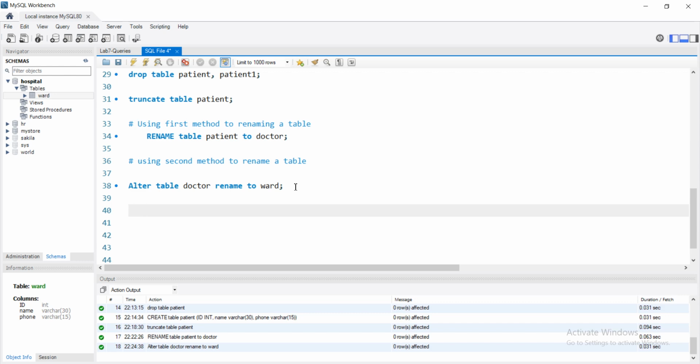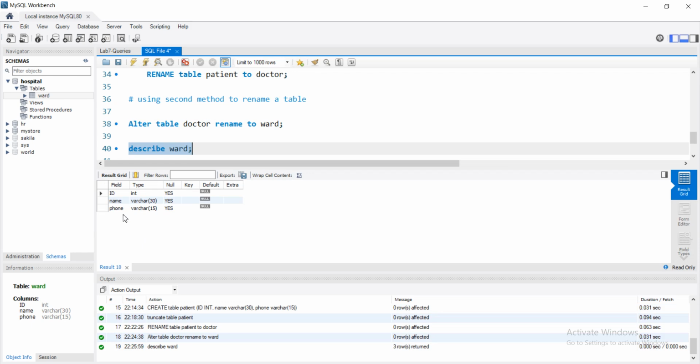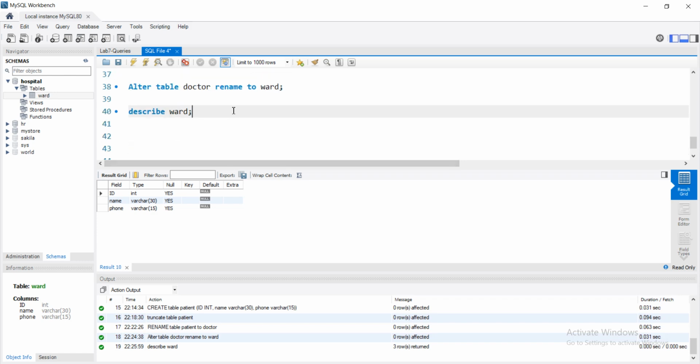सो रीनेम, अच्छा इस वर्ड के अंदर कौन से एट्रीब्यूट्स हैं सबसे पहले वो चेक कर लेते हैं। डिस्क्राइब वर्ड, so the attributes are id, name and form. Okay, now we are going to change the name of attribute by using rename command. So rename table, rename table, old column name is name, then keyword will be used like change column,